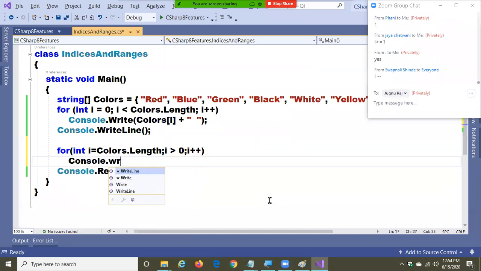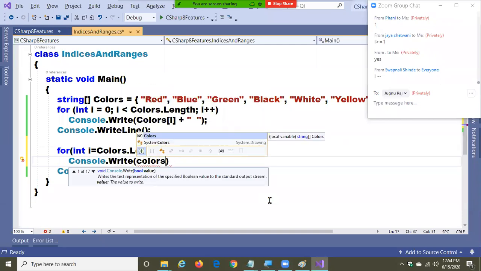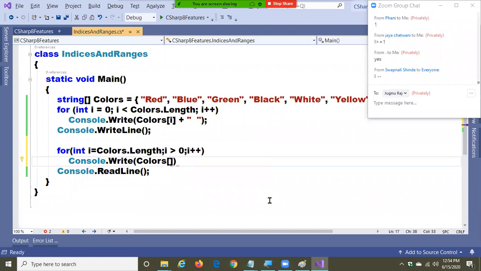And I'll say console.write colors of i. But when I say colors of i, there's a problem. Colors of i means first only an error will come, because it means colors of 8. Colors of 8 means an index out of range error. If you run this, you'll get an error.